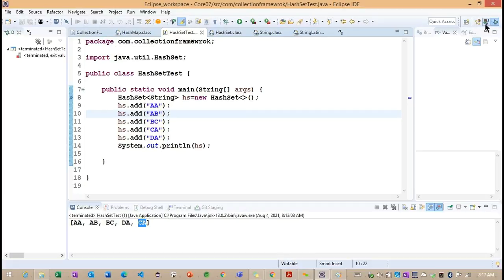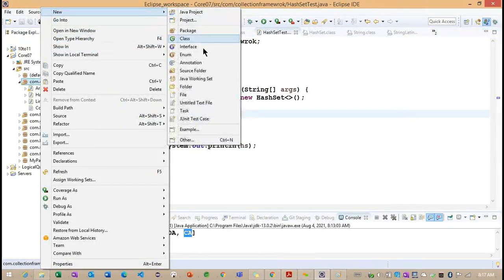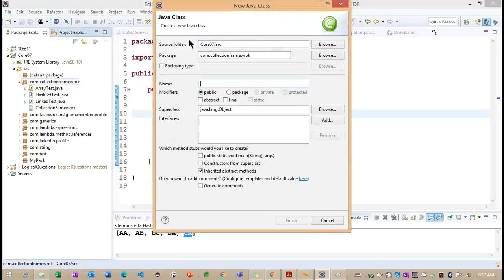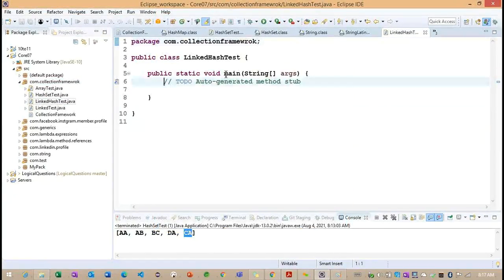Let me provide one more example. Linked hash set here. Basically, this is one more implementation class.